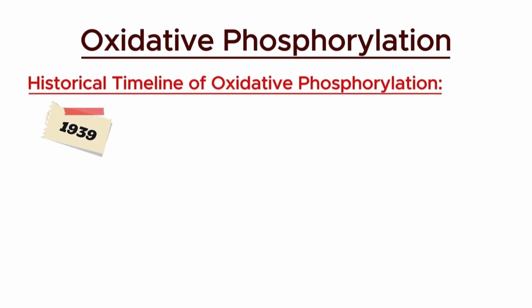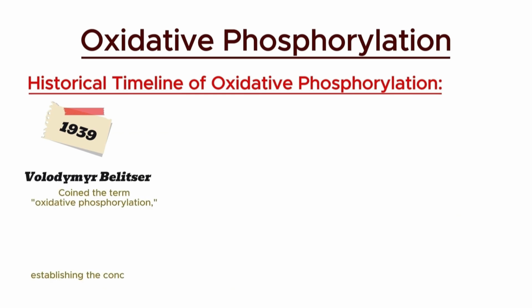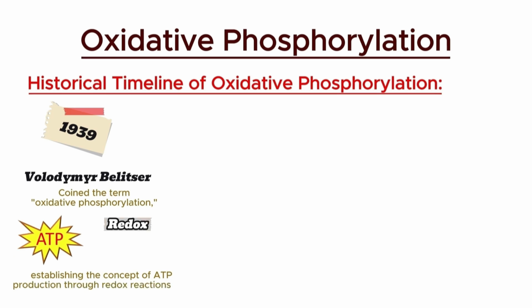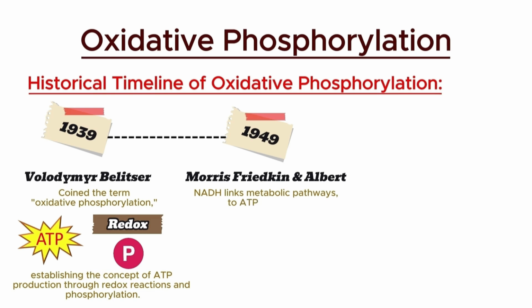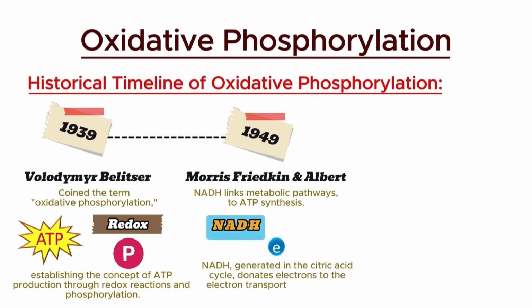In 1939, Volodymyr Belitsa coined the term oxidative phosphorylation, establishing the concept of ATP production through redox reactions and phosphorylation. Then in 1949, Maurice Friedkin and Albert demonstrated that the coenzyme NADH links metabolic pathways, such as the citric acid cycle, to ATP synthesis. They showed that NADH, generated in the citric acid cycle, donates electrons to the electron transport